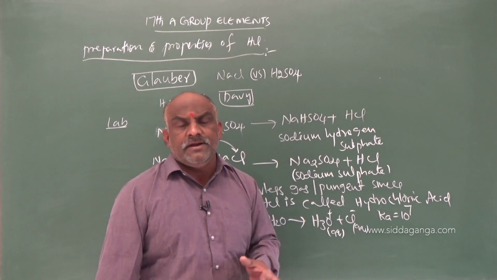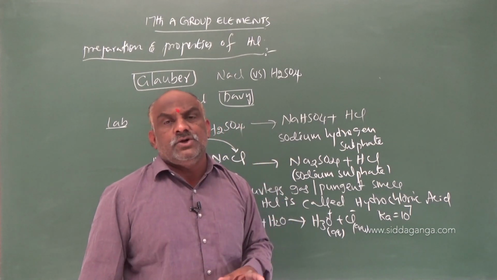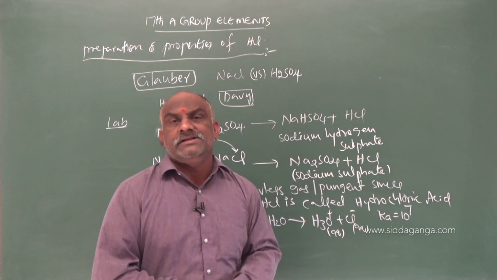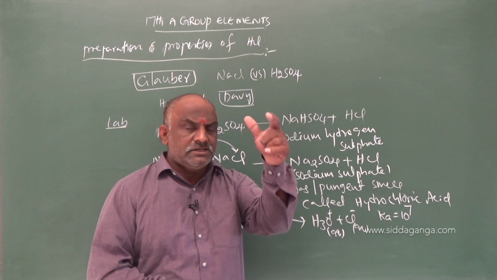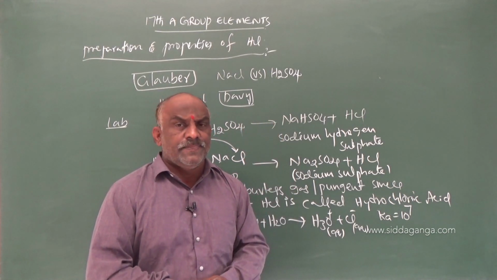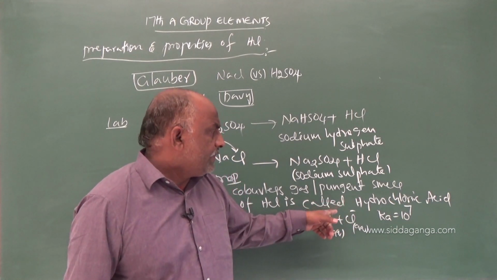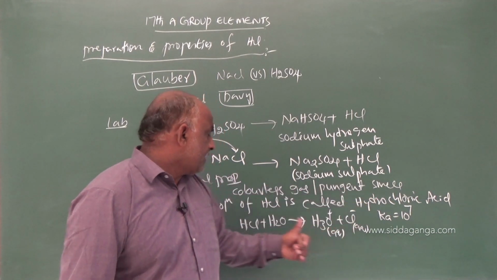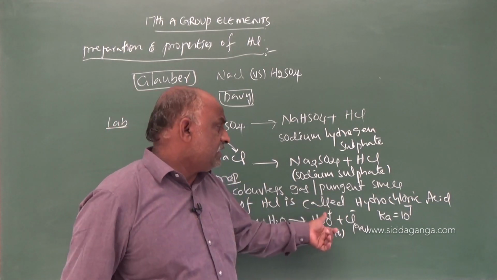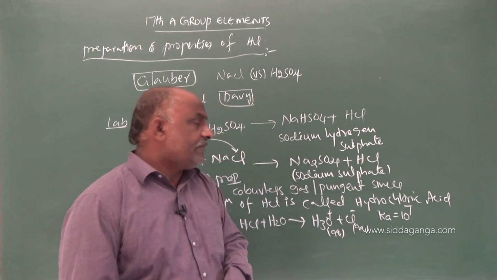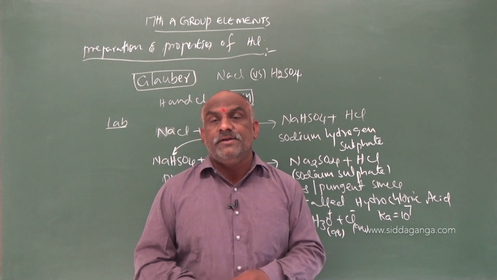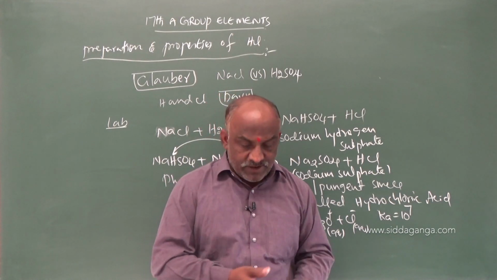You already know from the laboratory reagent bottles, and you will observe it in titrations too. Hydrogen chloride versus sodium hydroxide titrations, volumetric analysis. It appears just like a clear, water-like liquid. So remember, the aqueous solution of HCl gas is called hydrochloric acid, and it has a pungent smell and is easily liquefied.